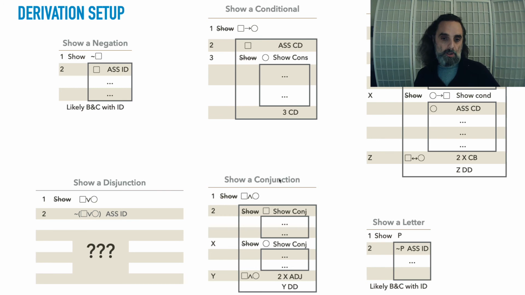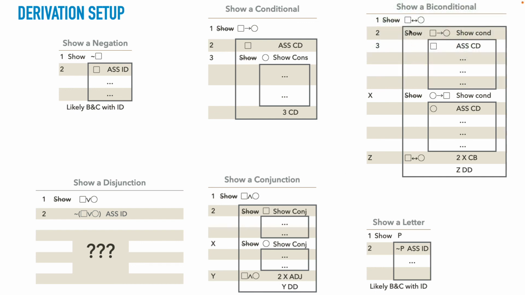If we're trying to show a conjunction, then we will show both of the conjuncts using show conj. How those subderivations will go depends upon what the conjuncts are, but we'll then finally put them together with ADJ and apply direct derivation. Similarly, with a biconditional, you show both of the component conditionals with show con. How that goes, well, you'll want to do assume CD and then probably show cons, but who knows,